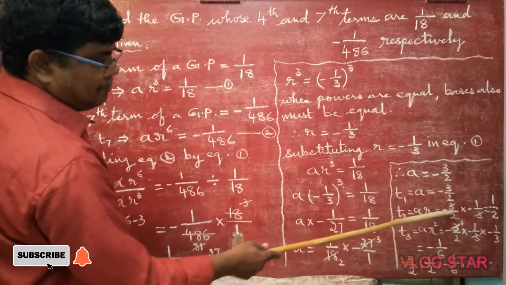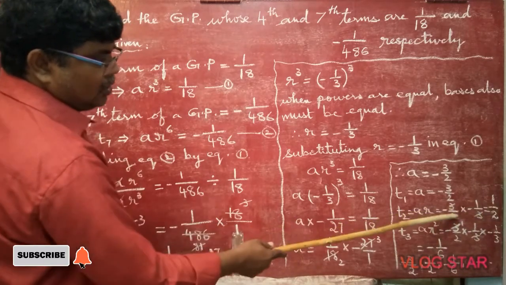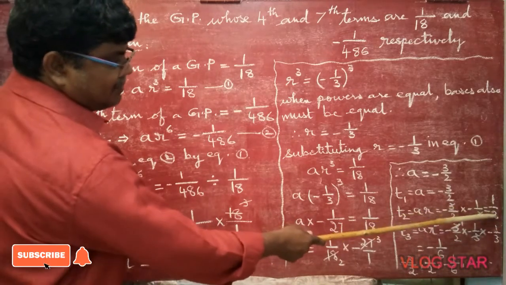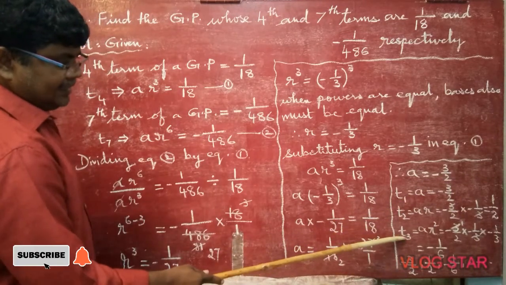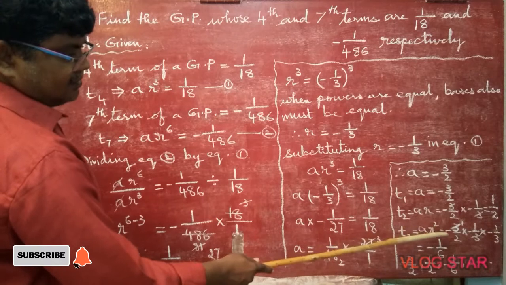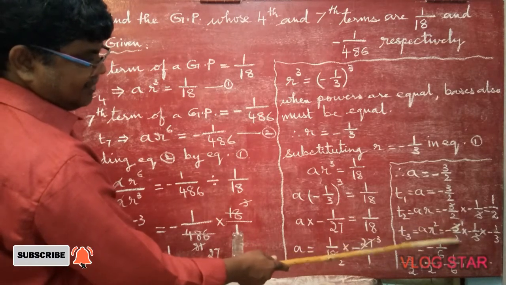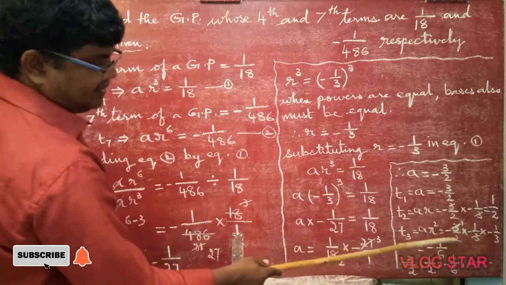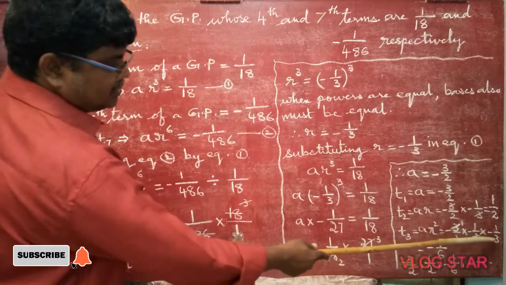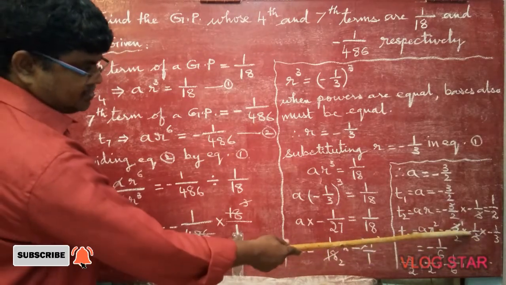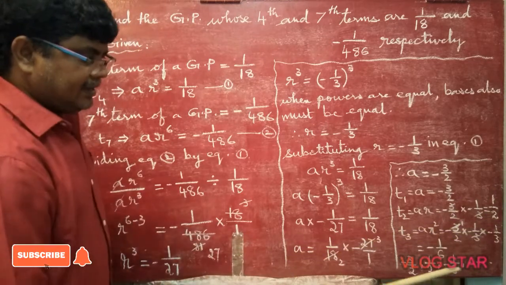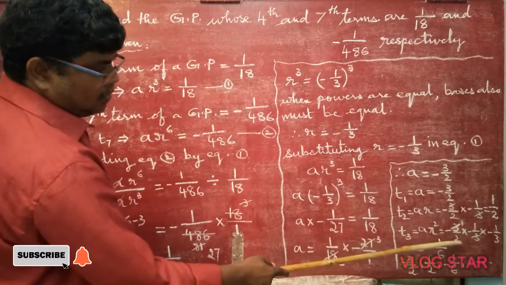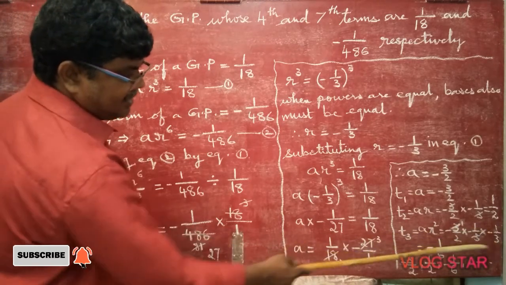3 goes in 3 one time, minus into minus plus, 1 is 1, 2 ones are 2. So the answer we got means T2 is 1 by 2. Coming to T3, ar square, that is equal to minus a, means minus 3 by 2 into r square, means r into r, minus 1 by 3 into minus 1 by 3. Now 3 minuses are there, 1, 2, 3. Again minus only we will get: minus into minus plus, plus into minus, minus. So 3 goes in 3 one time, 1 ones are 1, 1 ones are 1, 1 only. 2, and here 3 is cancelled out, 2 3s are remaining, 6.